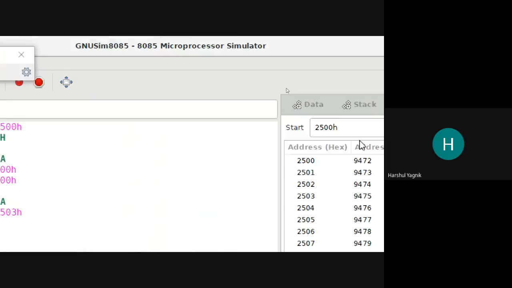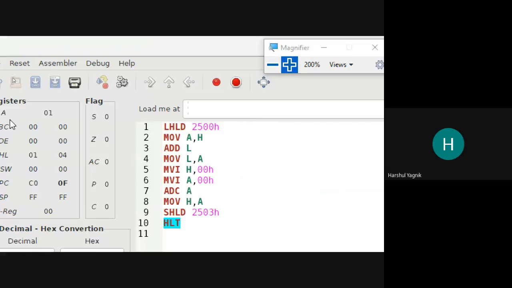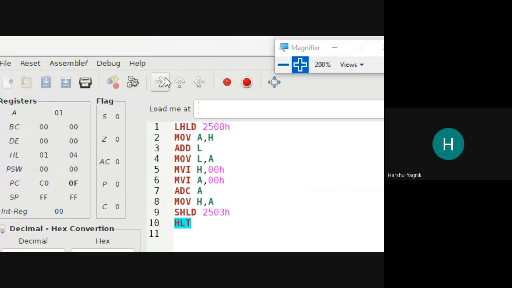And we can observe the memory locations. The content of register L is copied to the given memory location 2503 and the content of register H is moved to the successive memory location 2504. So this is the result of addition stored back into the memory. When the halt instruction is executed, it will stop debugging.